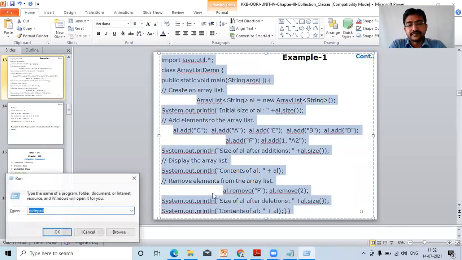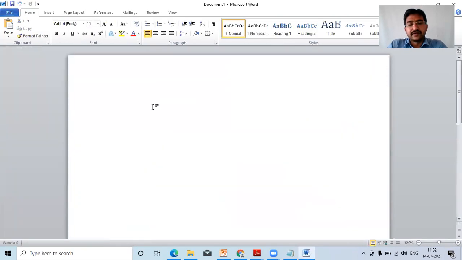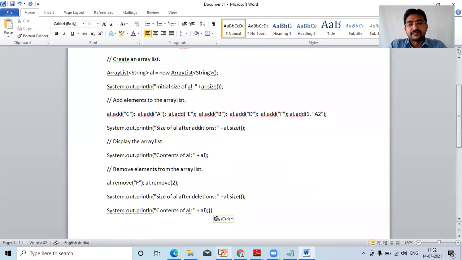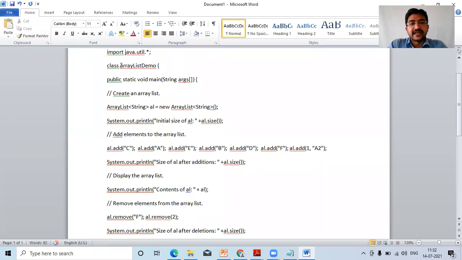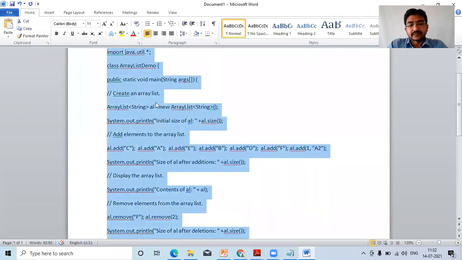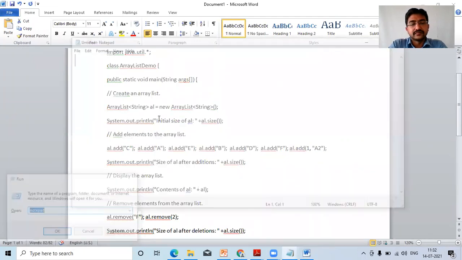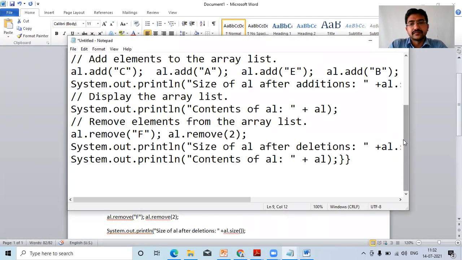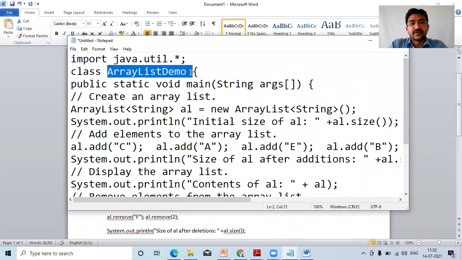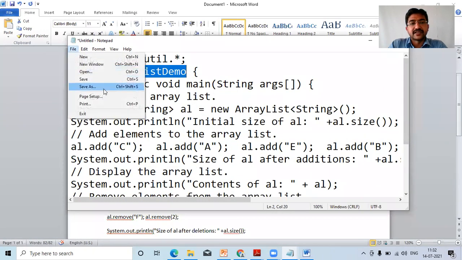Now let me run this code. The name of the program is ArrayListDemo. It's the same program, I'm just copy pasting and executing this.